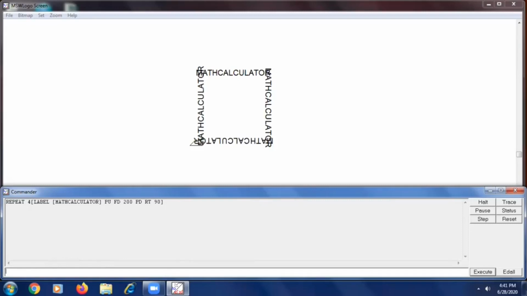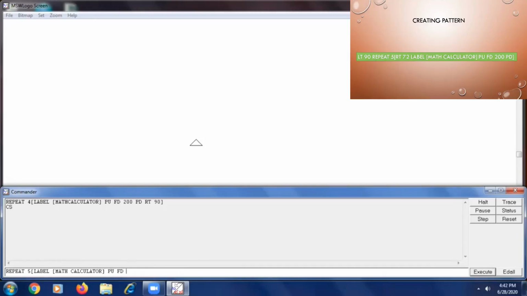The same symbol has been drawn. We will see one more symbol now. Repeat 5, label math calculator, then PU FD 200, RT 72.